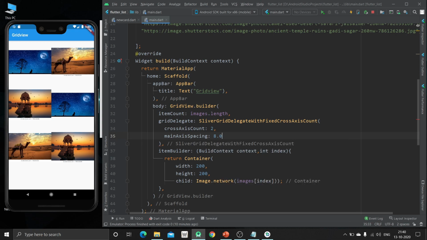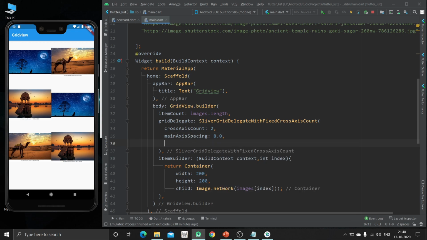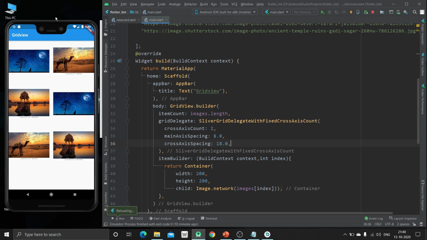Now we are going to specify this main axis spacing and cross axis spacing. So now we can have this. So we can change the size of these images to make it of same size. So this is the grid view dot builder. What we have done in this, we have specified the data dynamically.